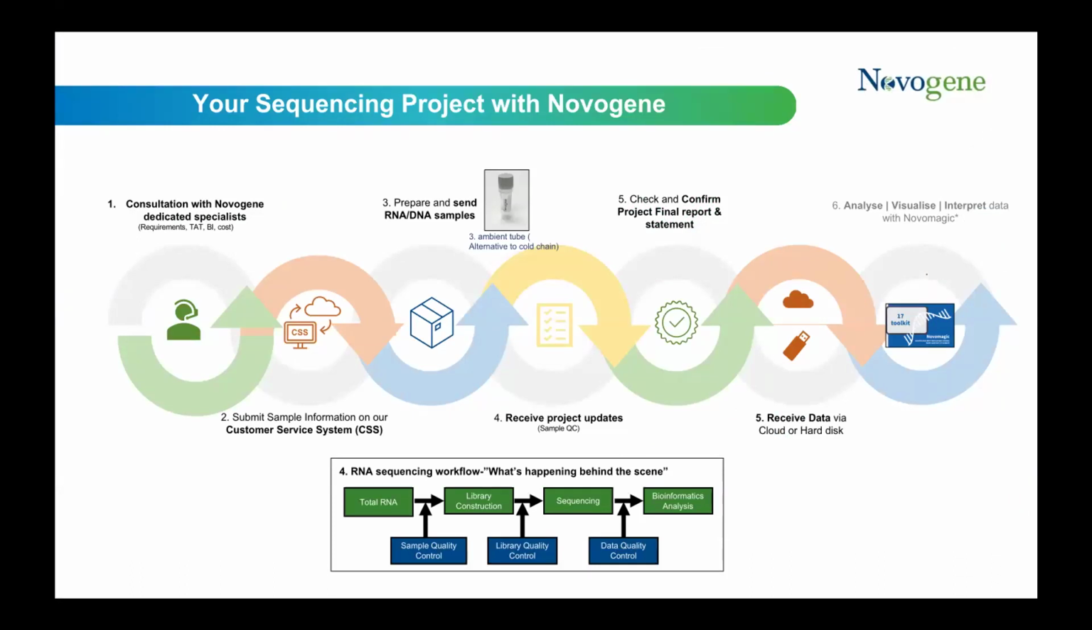As I mentioned in the last slide, Novogene not only provides a sequencing service, we also do consultation with our Novogene specialist team. So in Korea, our distributor is PhilKorea. You can just send the inquiry to PhilKorea, and PhilKorea and Novogene will do the consulting for your project, like sample requirements, how we can give you data, the turnaround time, the analysis you want, and also the cost. The second one is you submit your sample information on our customer service